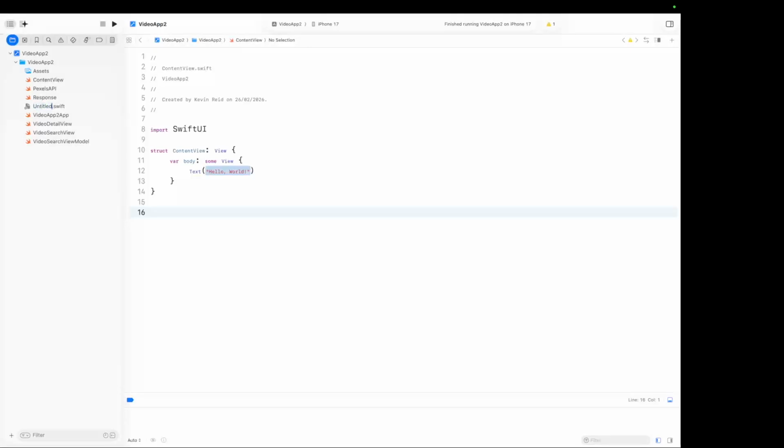Name the file AVPlayerCache. Import the following: